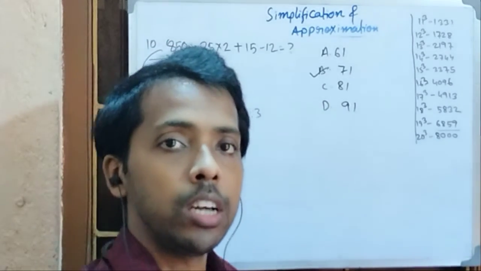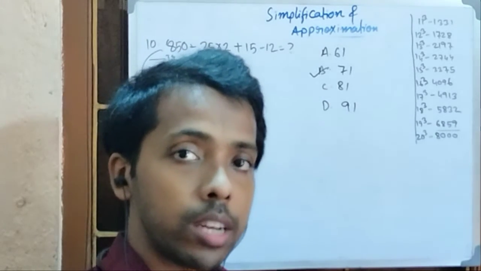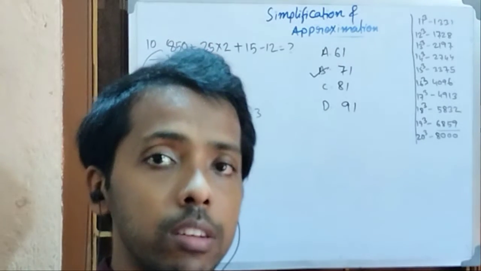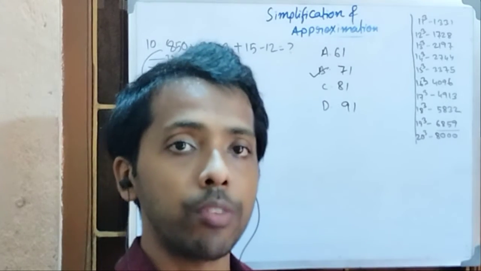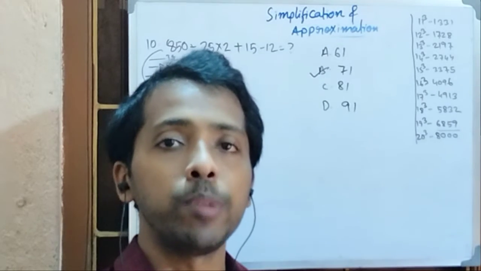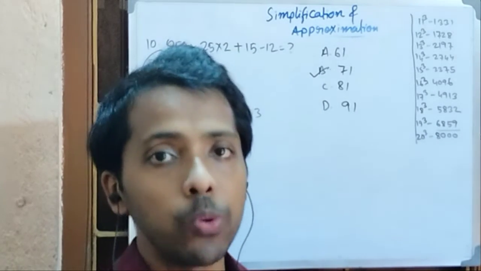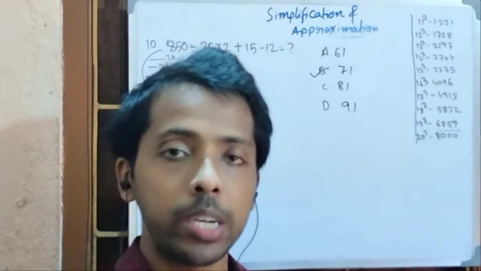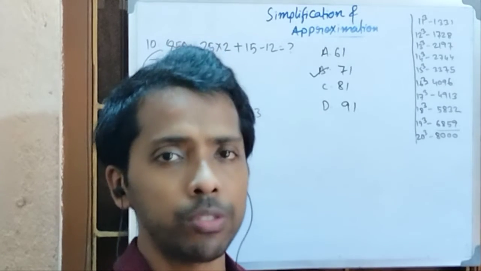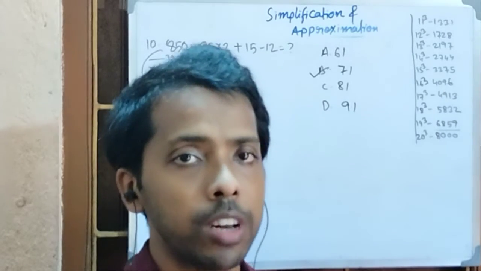I hope the digit sum and unit digit, wherever you can apply, even if the numbers are given as such large numbers or square roots of some numbers, you have to make the base number of that particular square root or cube root. Then only you can apply the respective digit sum and unit digit. And if the question seems very easy, then you can just follow the traditional method.